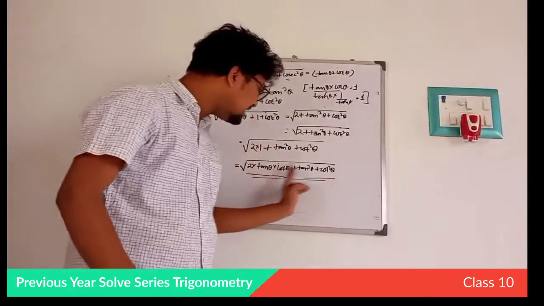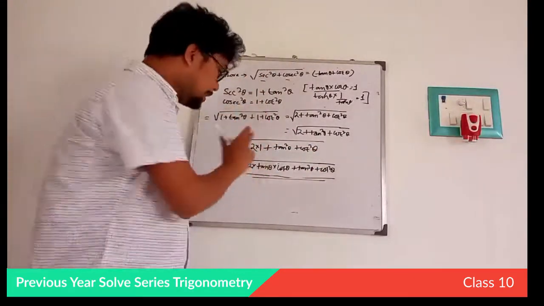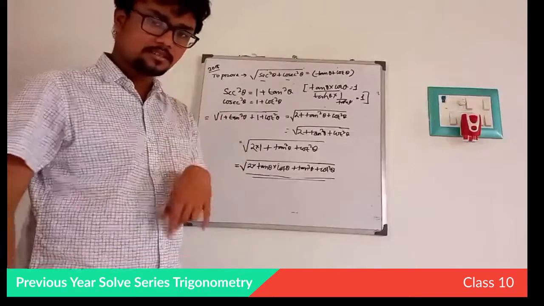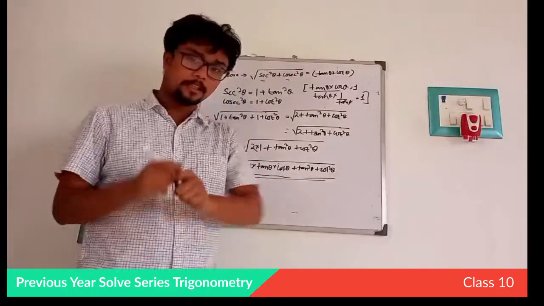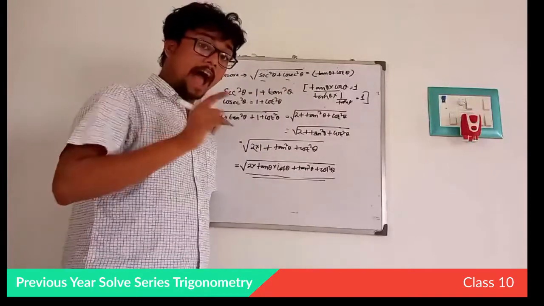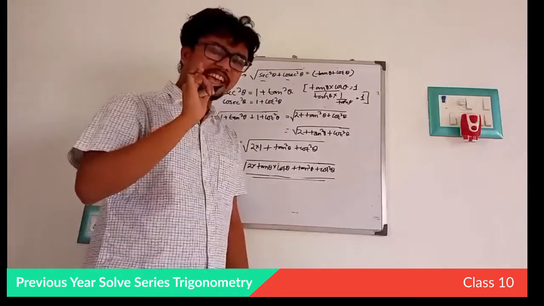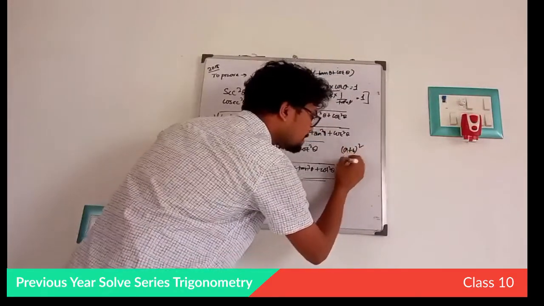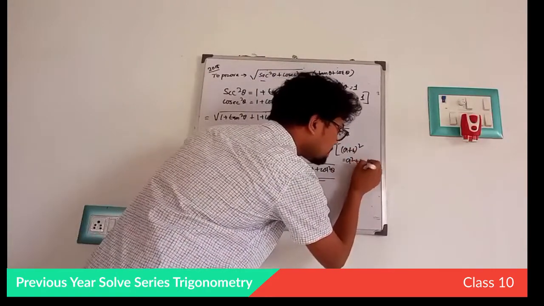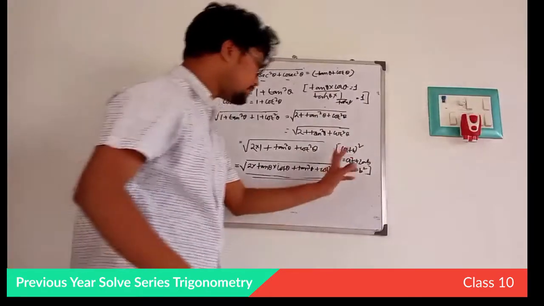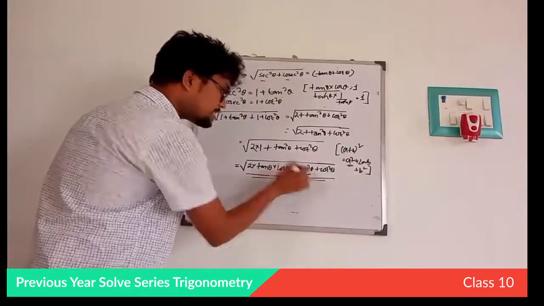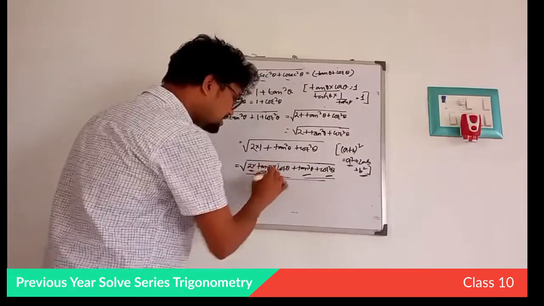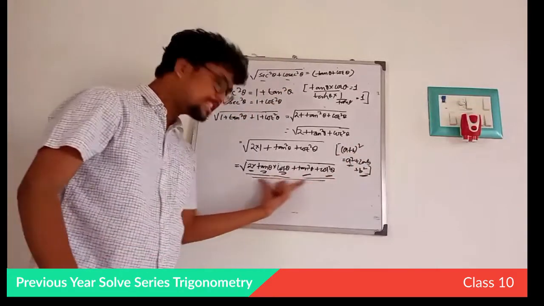Try to find something in these terms. Try to connect these terms with some formula. Can you get it? The formula? That is why I told you many times that expansion formula is very important. Now listen very carefully. What is the formula of a plus b whole square? A square plus 2ab plus b square, right? What is a square? That is tan square theta. What is b square? Cot square theta. And what is 2ab? That is 2, where a is tan theta and b is cot theta. That is nothing but this expression.